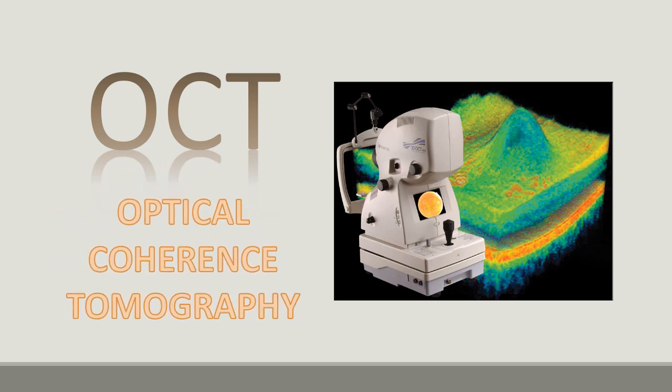So let's begin. OCT stands for optical coherence tomography. The word optical is related to light, and also to sight. The word coherence is the property of light to form a waveform with waves which are compatible and consistent with each other, as we can see in laser lights. Tomography is a technique to display a cross section of a human body, and in OCT we are displaying the cross section of the human retina.